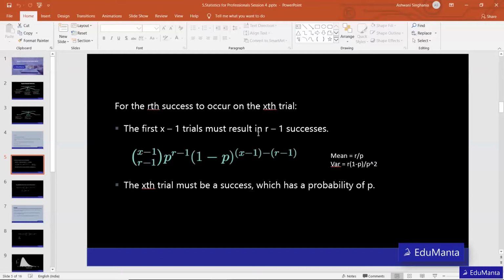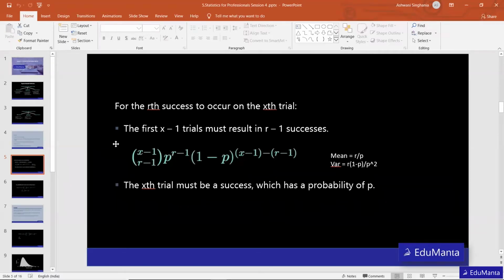So the probability of getting r minus 1 successes, r being the number of successes required, in x minus 1 trials. So this is the probability, that is the combination of x minus 1 choose r minus 1, p to the power r minus 1, (1 minus p) raised to the power x minus 1 minus (r minus 1). So this is a formula. Then the x-th trial must be a success, which has probability of p. So this is the probability of getting